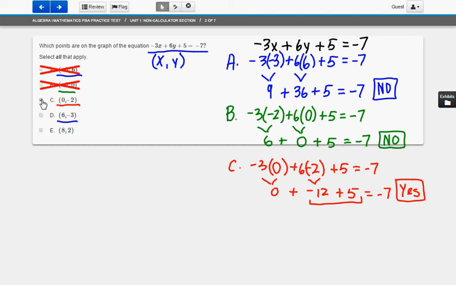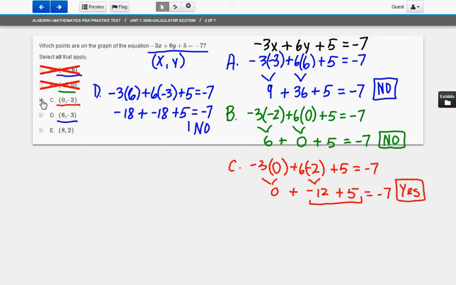The next point is 6, negative 3. So negative 3 times 6 plus 6 times negative 3 plus 5. Does this equal negative 7? I get a negative 18 plus negative 18 plus 5. If you know anything about adding negative and positive numbers, you know this is not going to add up to negative 7. You end up with a negative 36 plus 5. It's not negative 7. So I'm going to say choice D needs to be eliminated,